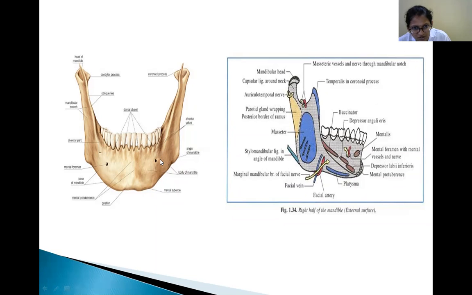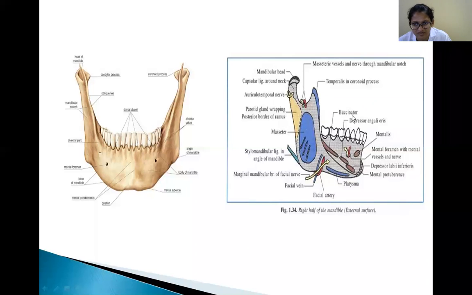It will be continuous downwards and forwards, and it reaches up to the mental foramen. So this is an oblique line. This oblique line gives attachment in its anterior part, or in front, for the depressor labii inferioris muscle. In front, it gives attachment for the depressor labii inferioris, and next, behind it, it will be